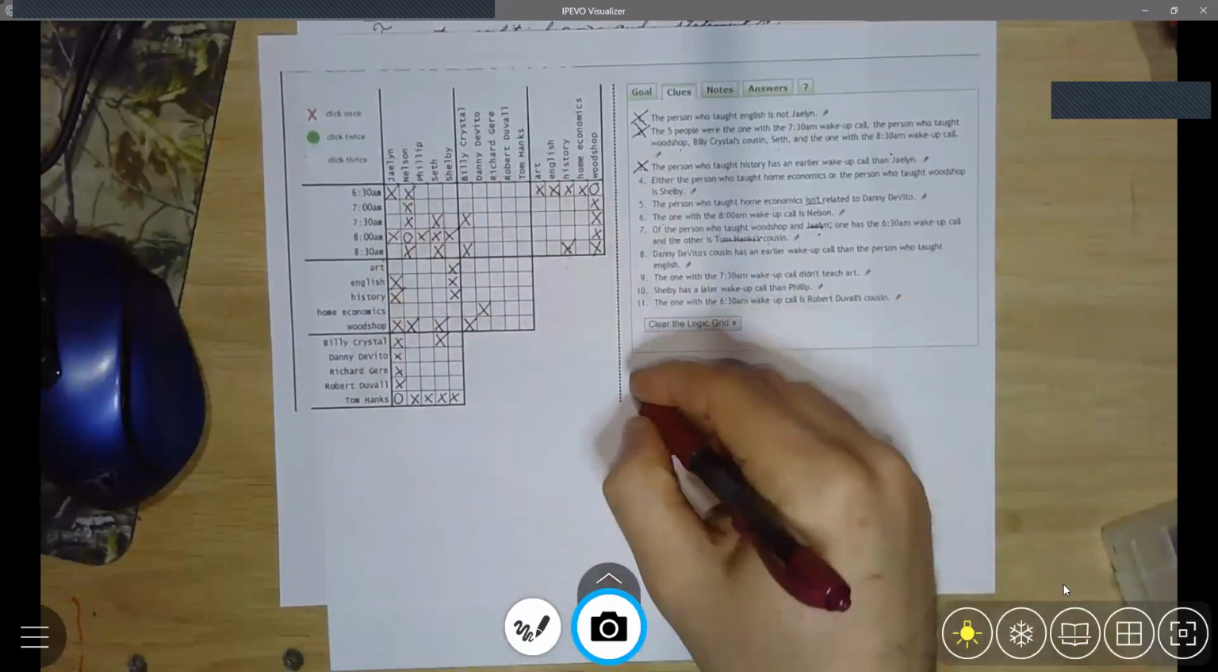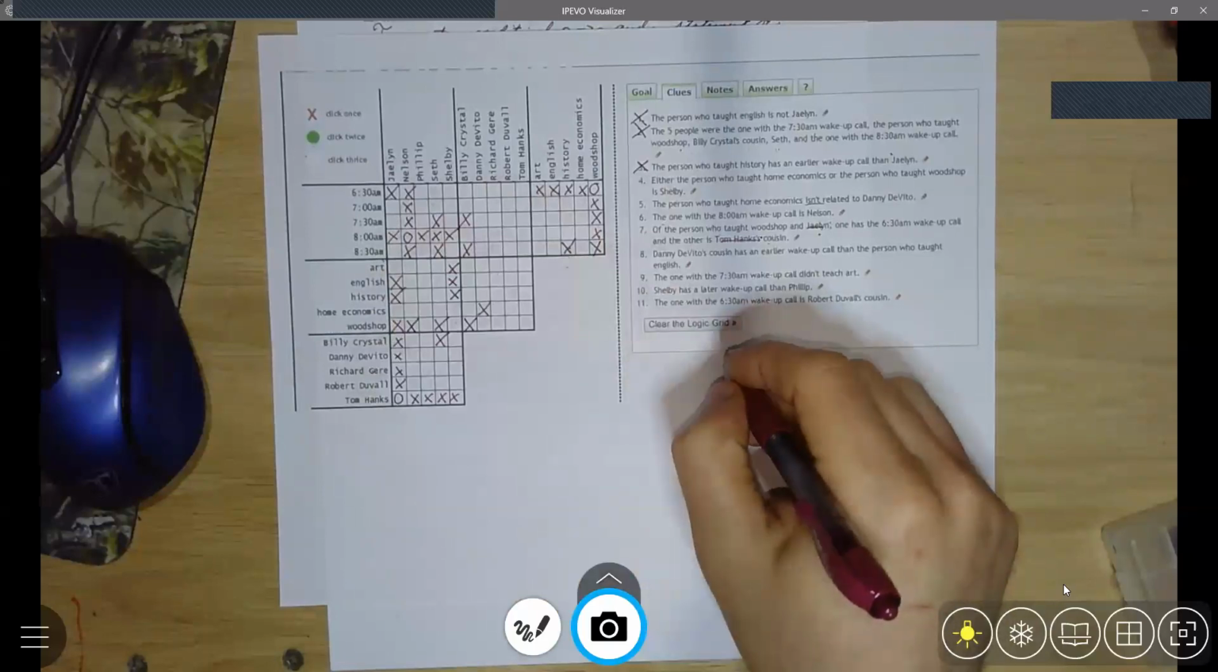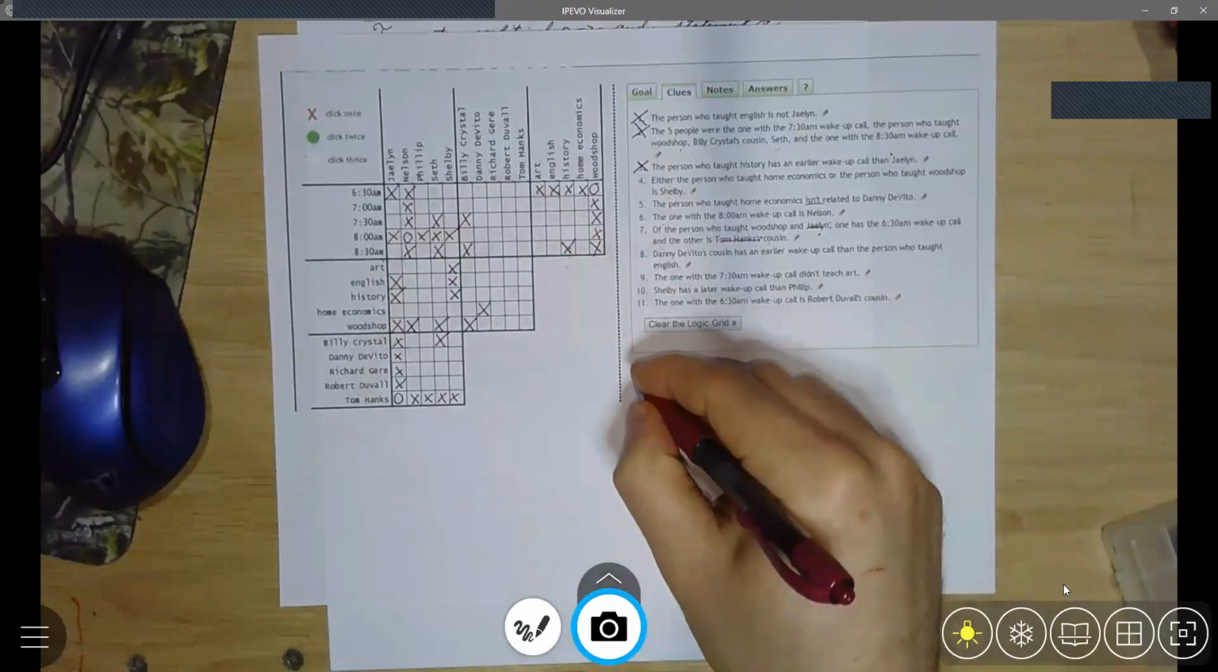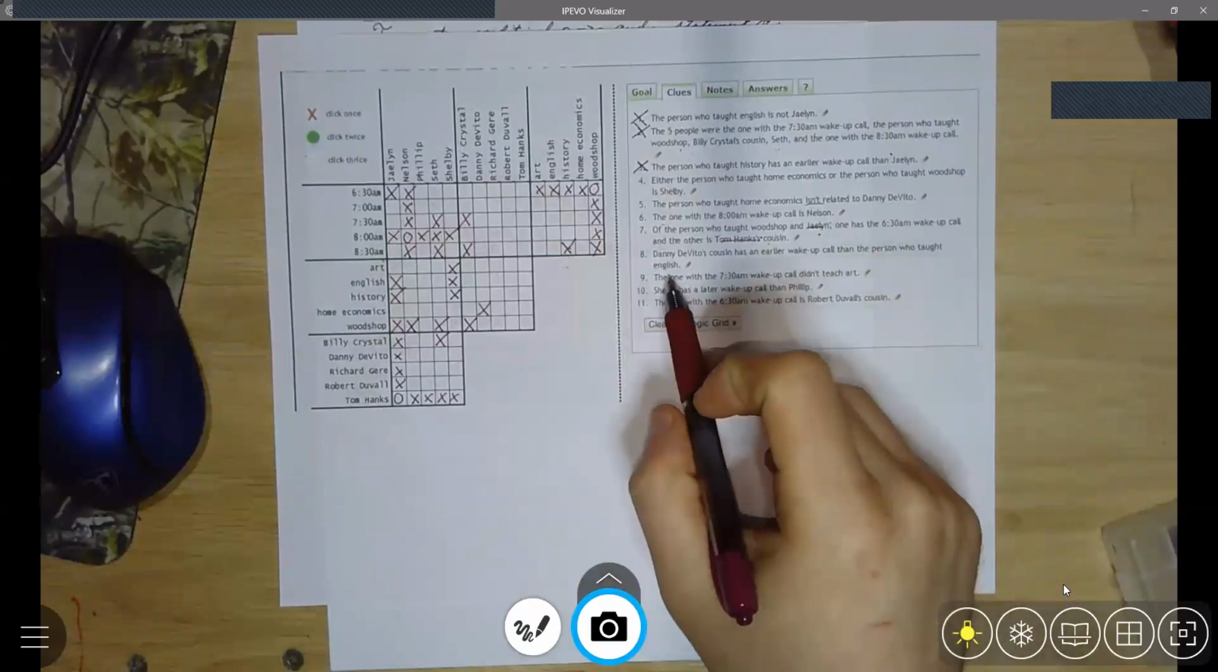So what we're going to end up with is, you can kind of make a little chart if you want. I'll show you that in a minute, maybe, to try to help you coordinate things. All right, Danny